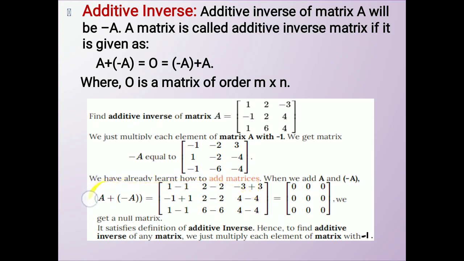We just did the addition of the matrices earlier in this video, so you can go back through that. If you have any doubt in addition, you can go back and check what we did. Similarly, after solving this, what we are getting is O or 0. So this is called the additive inverse of the matrix.